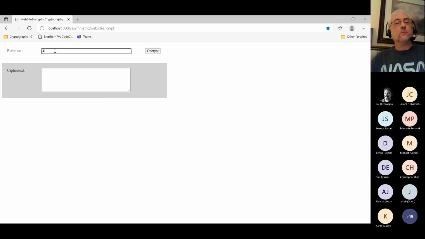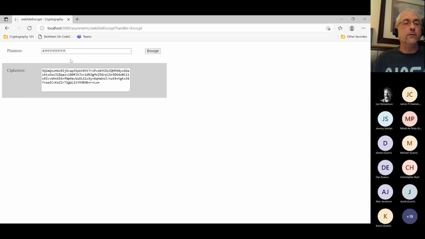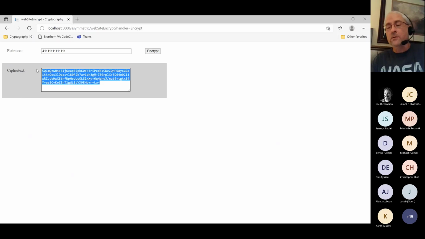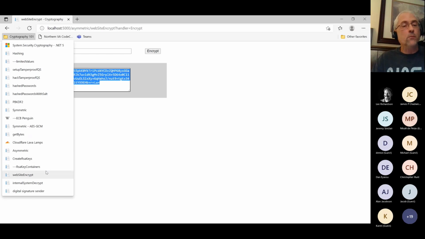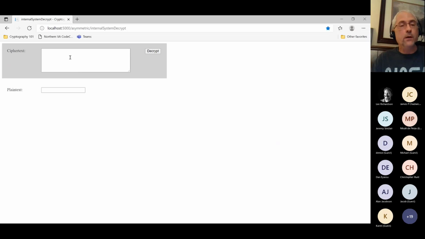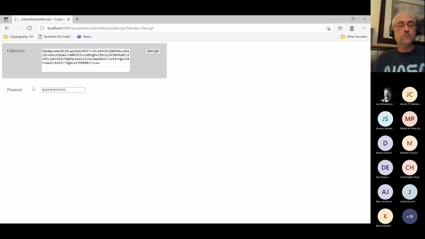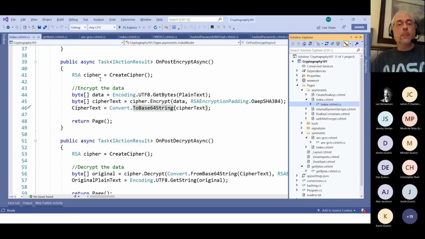So I've got credit card, I encrypt. So you're on my site, you give a credit card. Here's the ciphertext. Now I can store this wherever I want, knowing that only someone who has the private key will be able to decrypt it. So somewhere inside my company, on the one system that needs to do the decryption, I take that data and I'll be able to decrypt it. But how that gets coded,